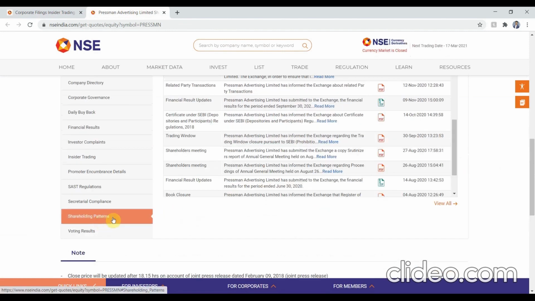First one would be the shareholding patterns. The shareholding patterns for the stock, for the promoters in that stock should be greater than or equal to 50%. Now, I have explained in the playlist before, Trading on Insider Information, why I consider the percentage to be greater than 50%. So if you want to know, I will recommend you to go and check out that playlist.